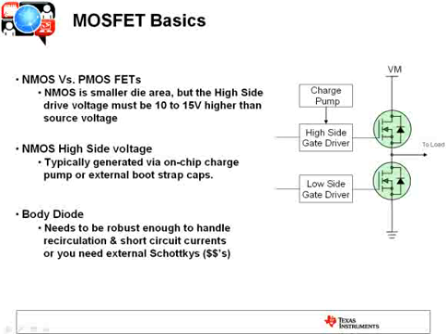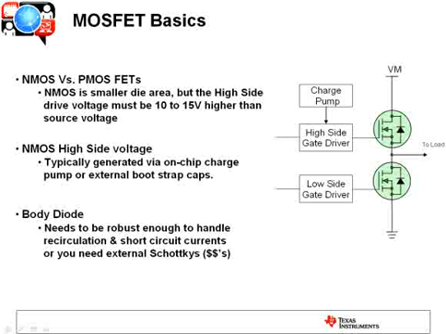Now when looking at the FETs themselves, one of the first distinctions you'll see is, are they NMOS or PMOS FETs? The advantage of the N-MOSFET, at least from a die area, is that it's much smaller. This is especially true at the higher voltages. At some of the lower voltage nodes, 5 volt and below, they can actually become fairly comparable in terms of die area and cost. But at the higher voltages, for sure, the NMOS is much smaller, which equates to lower